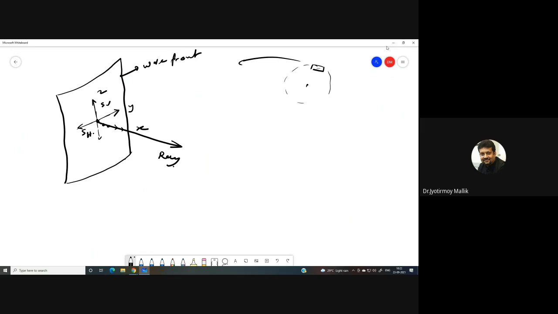One of them is parallel to the y. We are calling them SH waves. And the other one is parallel to the z-axis, that is SV waves. But remember that SV and SH are both lying on the plane of the wavefront. But the x-axis is coming out from the wavefront, and this is the direction of propagation of my P wave.